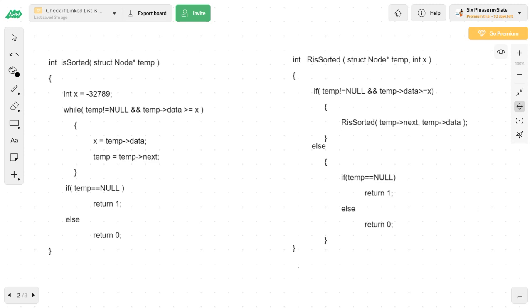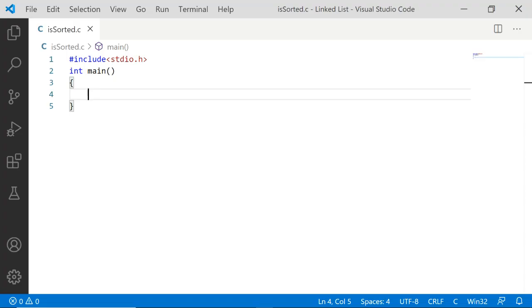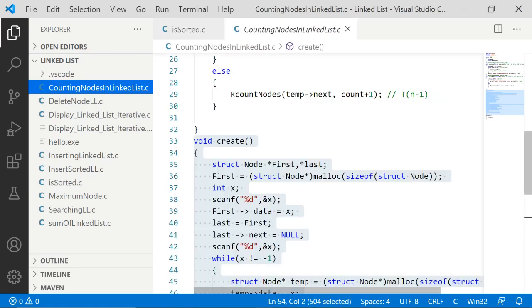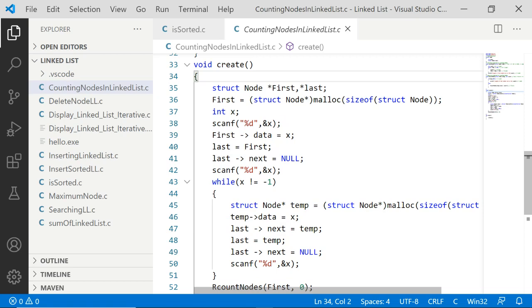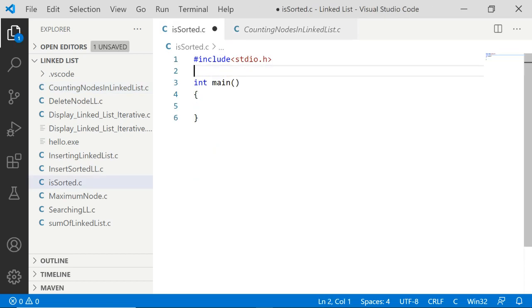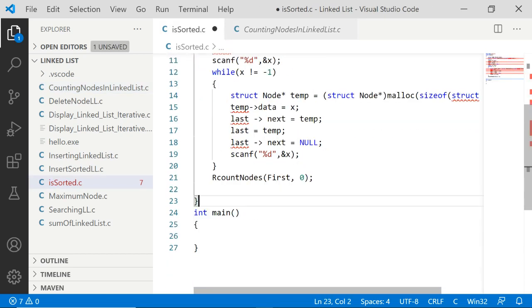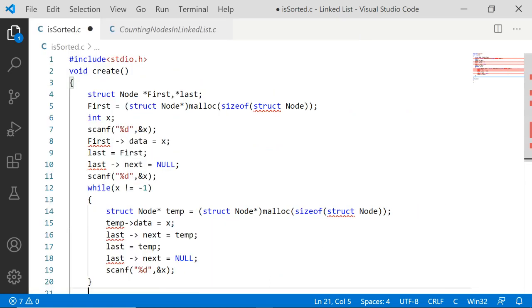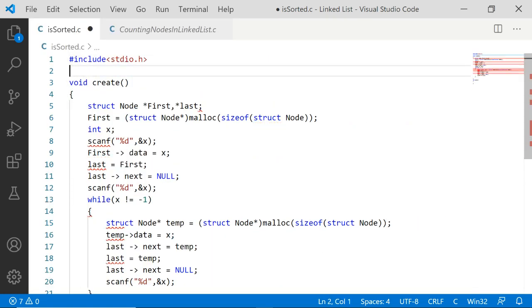Okay, so what we will do here is, first of all, to create a linked list, we will take the function that we have already implemented. We already have this create function, right? So that function we can just take it and use it here, and we can simply take this r count node function out. Now we also wanted a structure, am I right, to have the struct node. So a structure has to be declared.